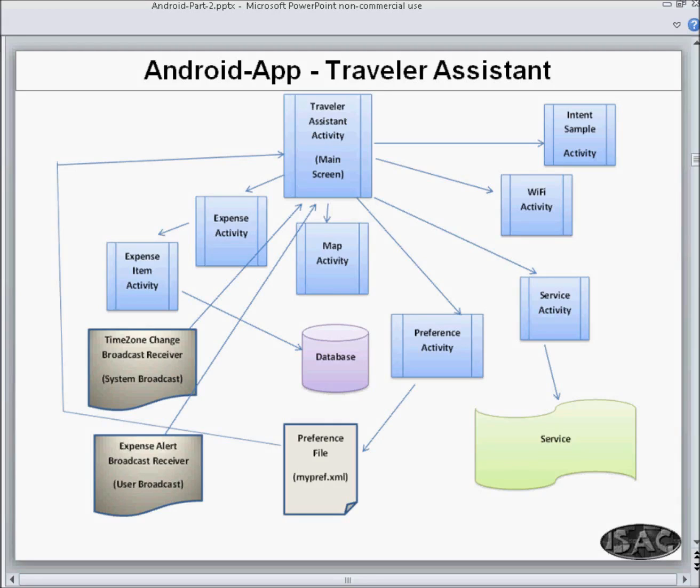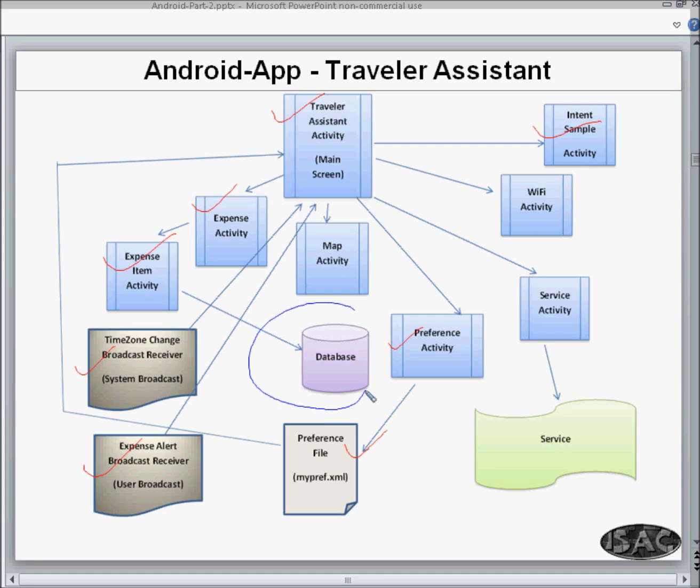Let me see what all we have completed so far. So we have completed this one, and today we are going to do this one. Okay, so we have completed traveler assistant activity, main, expense activity, expense item activity, broadcast receiver, intent sample, and preference activity. Today we are going to cover the database part, and then we are also going to cover a service